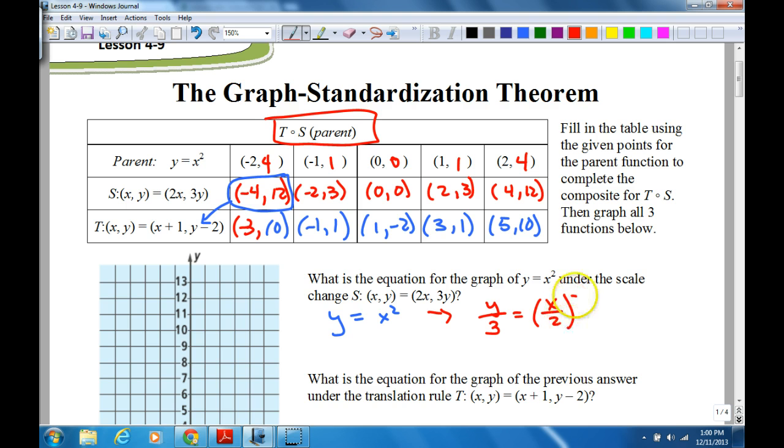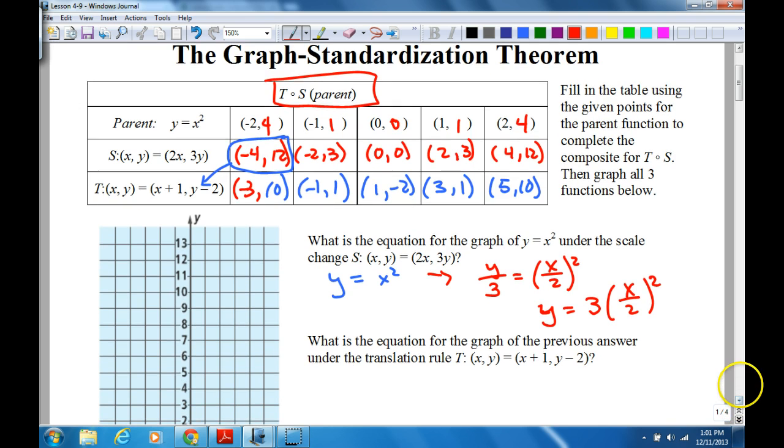x over 2 squared. Why are you squaring it? Because it started off squared over here. And then can't you just times by 3 to both sides? No, I'm going to leave it like this for right now. You don't have to, but you can multiply each side by 3. So if I did that, it would be y equals 3 times x over 2 squared. You can leave it like that. But I'm going to leave it like this just for now, because in the next part it